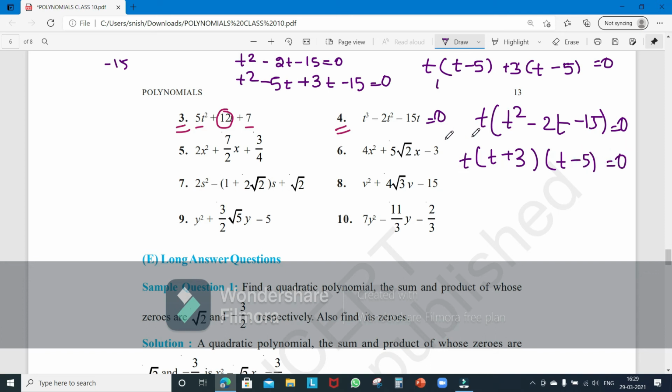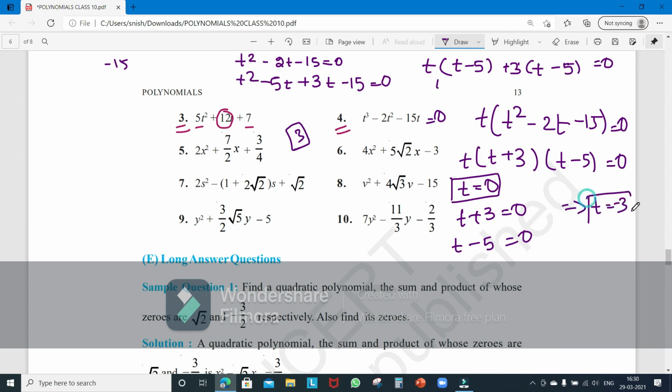Okay. So now as it's a cubic equation, you have to basically expect 3 roots. Usually, we know that there can be 2 roots, 1 root and 0 roots as well, but usually a cubic equation means 3 roots you can definitely expect. So now t can be 0, t plus 3 can be 0, t minus 5 can be 0. So t can be 0 is one solution. From here you will get t is minus 3, and from here you will get t as 5. Got the 3 values of t and we got the 3 roots.